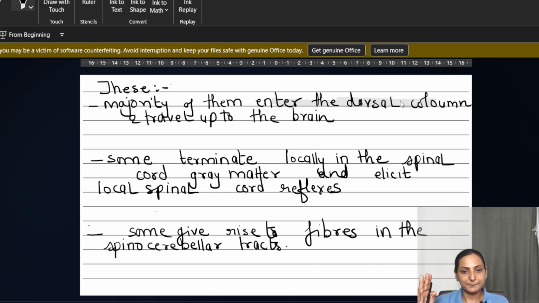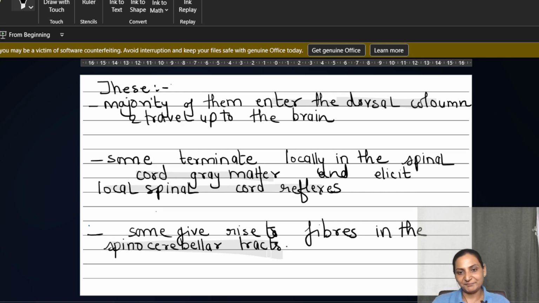They will go up and travel all the way to the brain, to the sensory cortex. But some of them are going to terminate locally in the spinal cord grey matter, which will be important to elicit the local spinal cord reflexes, and some of them will give rise to the fibers in the origin of the spinocerebellar tracts. So the majority of the fibers will ascend up and form the dorsal column. Few of them give inputs to the spinocerebellar tract, and few terminate locally, so they will form the